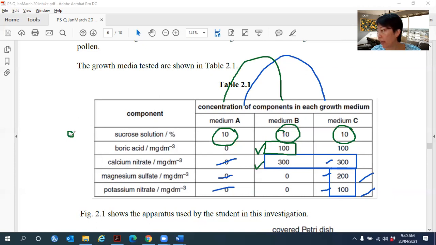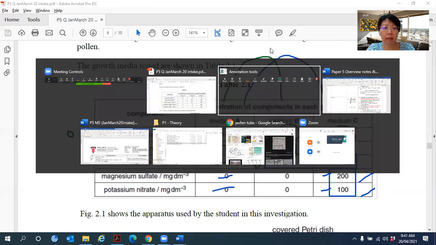So therefore, we cannot. Okay, how do you write your answer? All the media contain sucrose. So therefore, we have no control to compare the differences in terms of percentage germination and also the growth of pollen tube. Okay, so the mark scheme, I'll show you the mark scheme